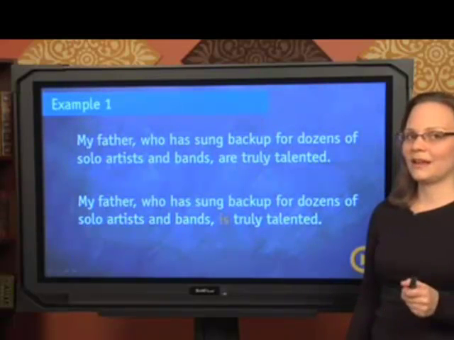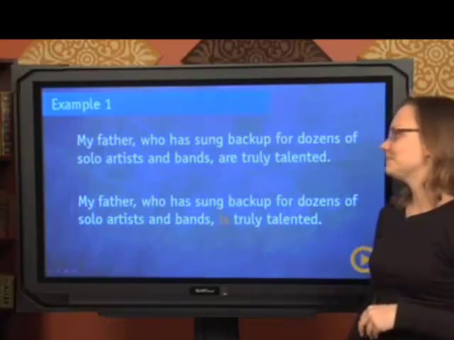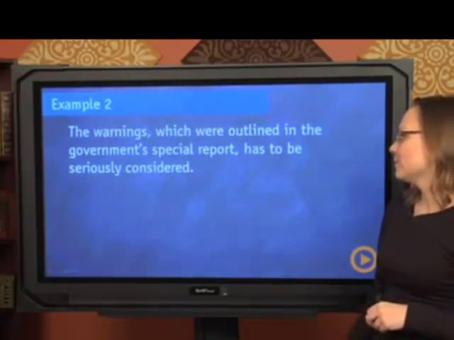Let's look at a couple more examples, and they'll get a little more subtle. The warnings, which were outlined in the government